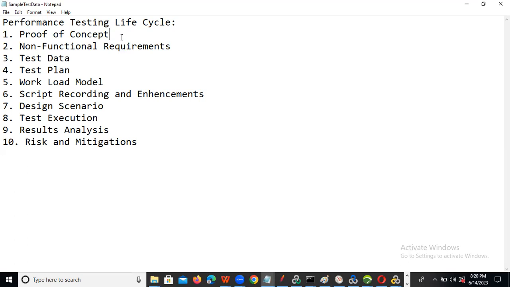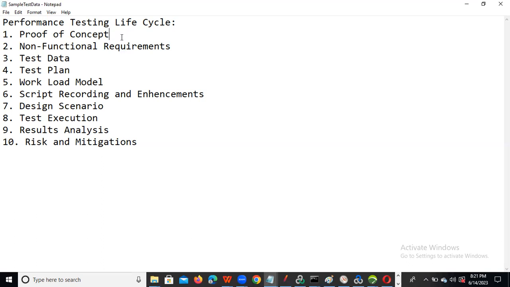Means we should understand the business flow. We should understand which tool we are supposed to buy, whether it could be LoadRunner or JMeter, and which protocol is suitable for this application, like a web protocol or web service protocol, SAP or TruClient protocol. You need to decide the protocol, pick a simple business scenario, record it, and report the results